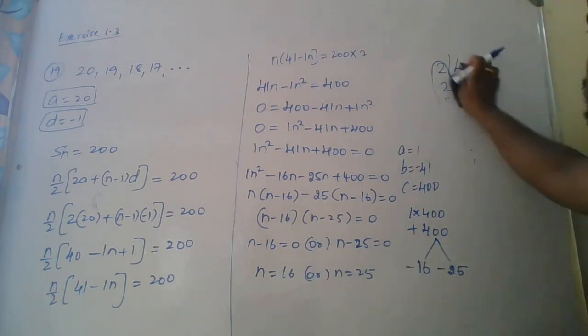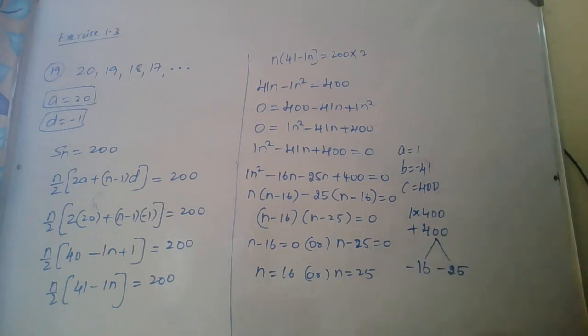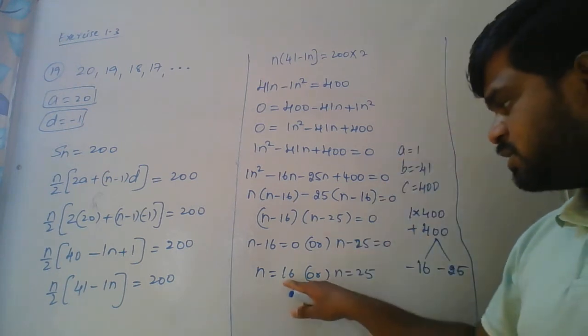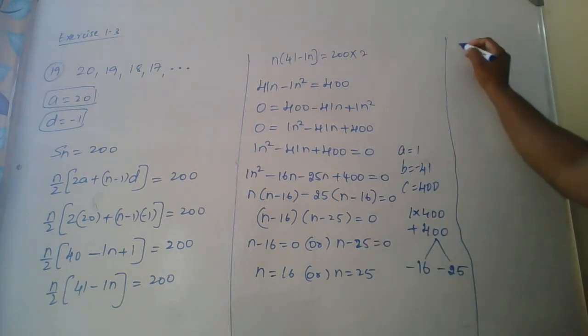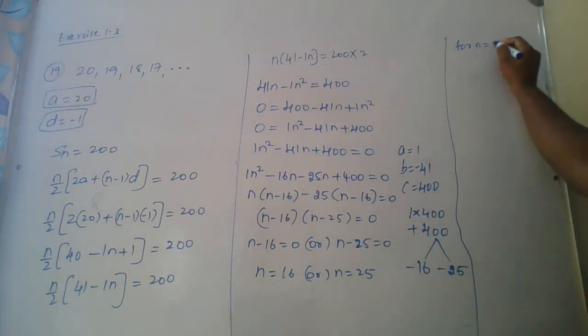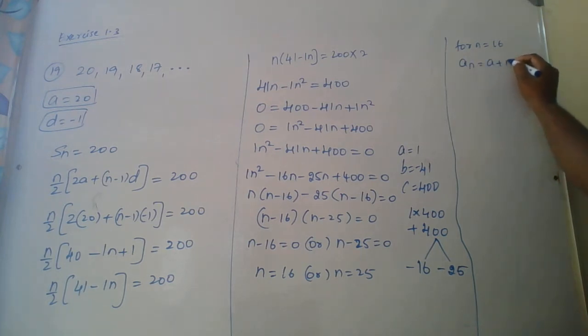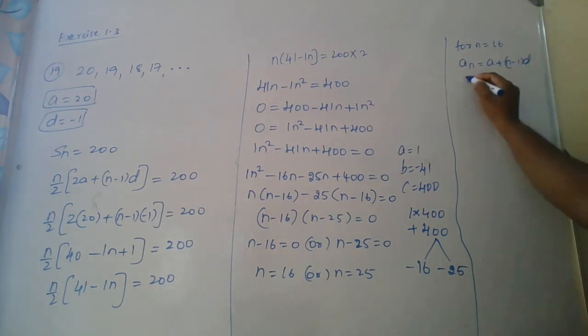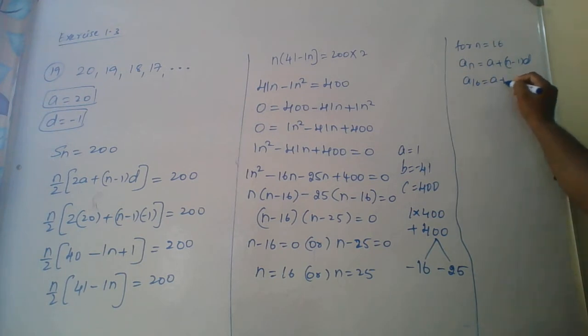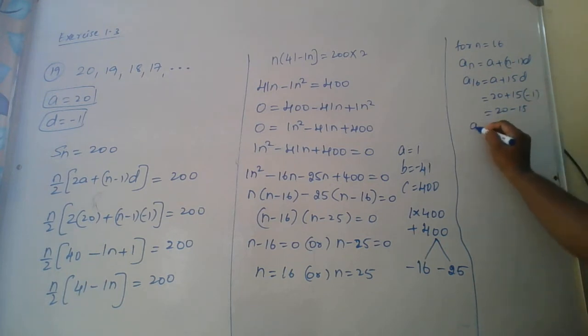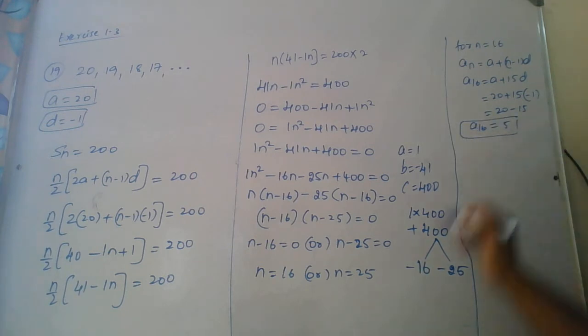How? Let's do it. Now let's find how many wood logs are there on the top. This is the last row, right? So let's find. For n is equal to 16, an is equal to a plus n minus 1 into d, which implies a16 will become a plus 15d. Your a value is 20, d value is minus 1, so you get 20 minus 15, which is 5. So on the top row, you will have